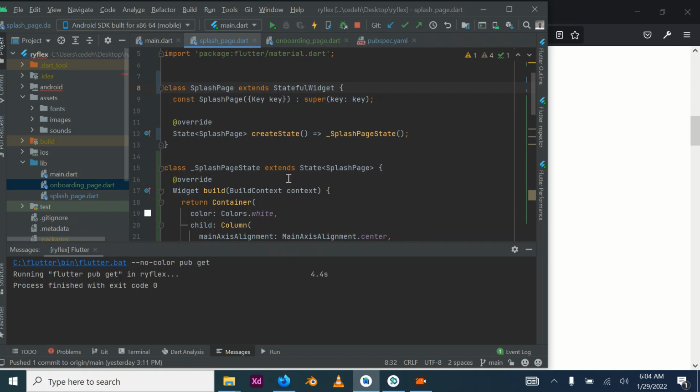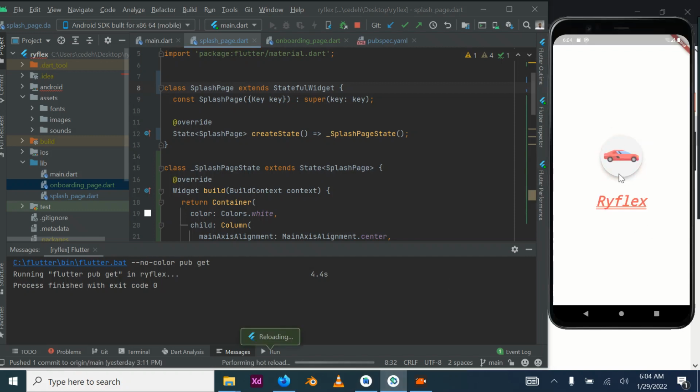So what we want to do here is to put a timer for 5 seconds. After 5 seconds, this splash screen that is showing here will automatically push us to the next page, which is the onboarding page, for us to see our onboarding screen. So what do I do? Inside of this place, don't forget it has within override and widget build, I will add